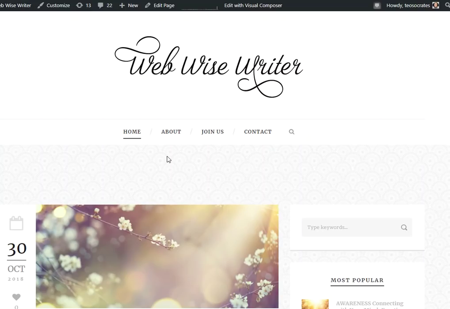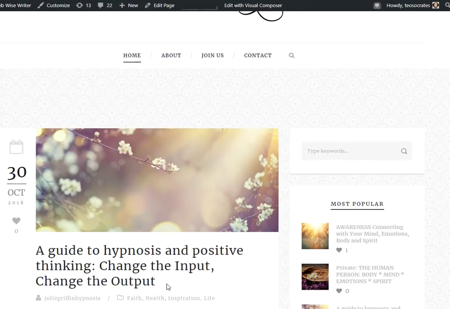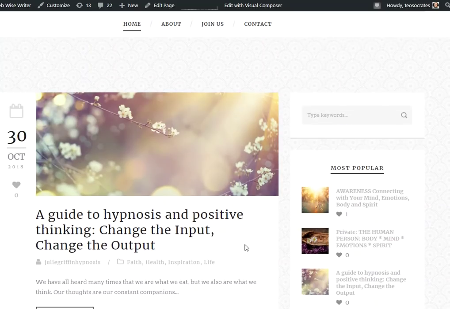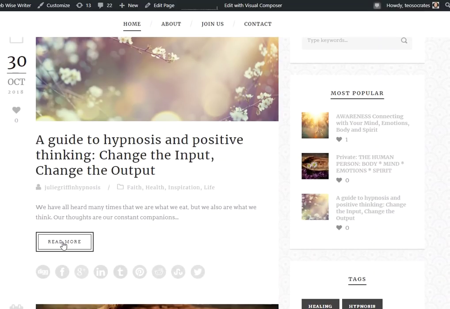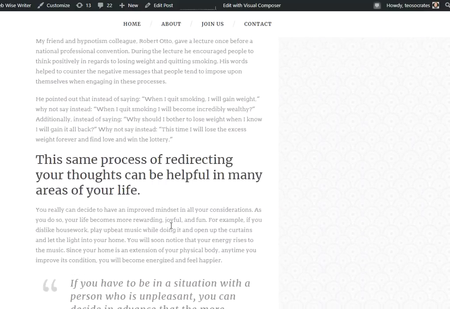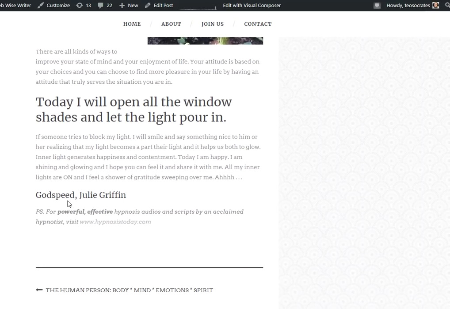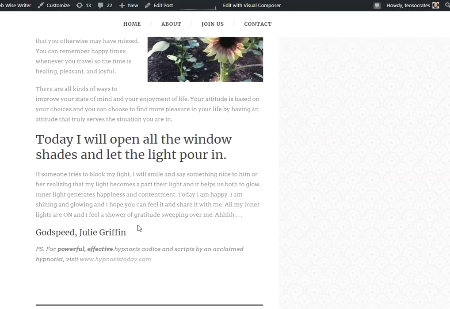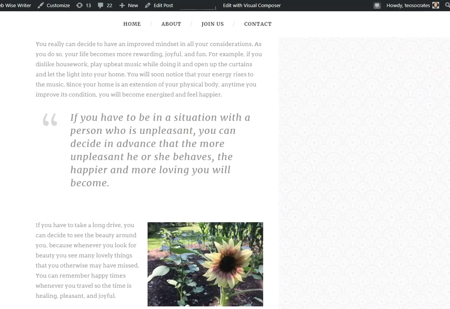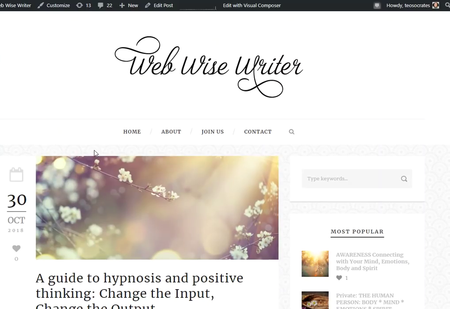But apart from that, this blog post looks a lot better with the longer title and with the featured image, even though it's just like a generic background featured image. And then once you click on the actual title, because of all the large text and the spacing and stuff, it's just a little easier to read. There's a call to action down here with a link back to the website. And then you can't even see all the SEO stuff, but they will help this article to get found and be indexed.